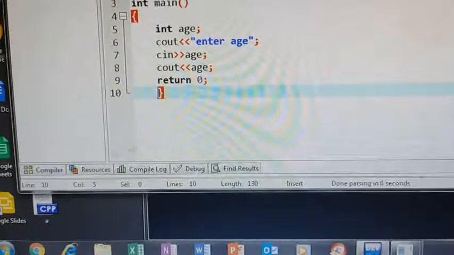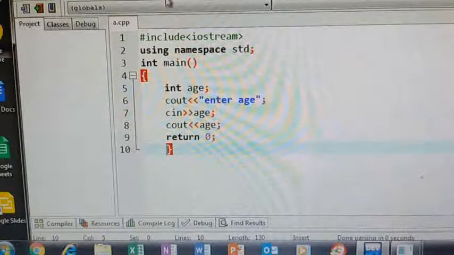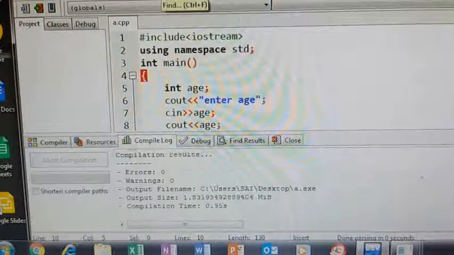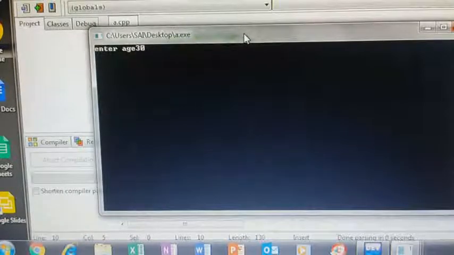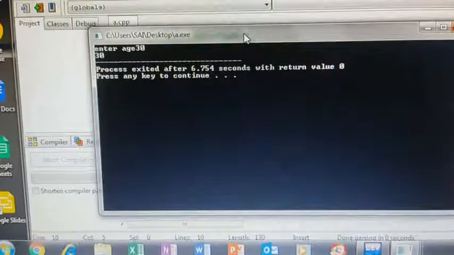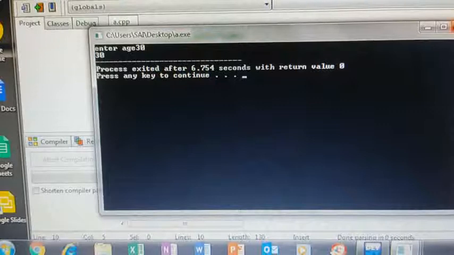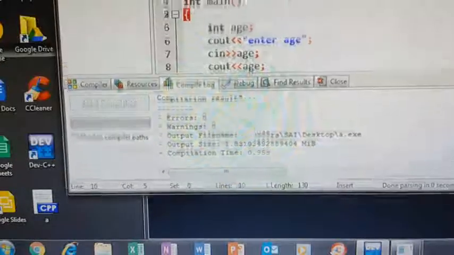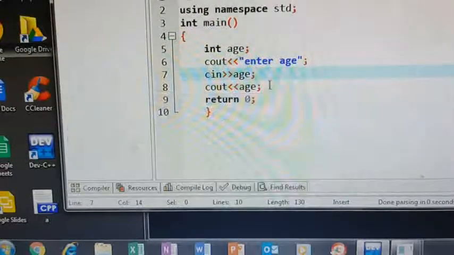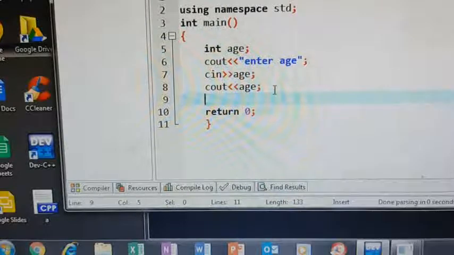Now after this code, save your program and go to execute. Here this window is not visible, no? Execute, compile. No errors. Execute, run. You can see what prompt you are getting: Enter age. For example I am giving 30. Just 30 is printing. So instead of assigning an age value in the program, I am taking the age value at runtime. Whatever age value the user gives is stored in the age variable. After this, I am checking whether you are a teenager or not.